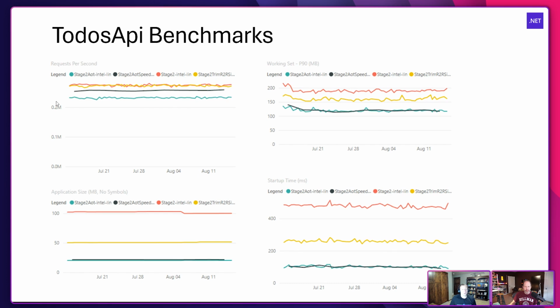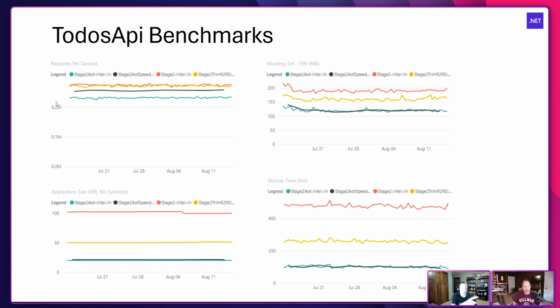But this one is closer to a real world, right? There's no hard-coded to-dos. The to-dos are in a Postgres database. And so we're actually making calls to the database to get the to-dos out. And there's also options validation that your configuration is all set up right. And recently we even added in OpenTelemetry into it, right? So that way it simulates a closer to real world to-dos web API, right?